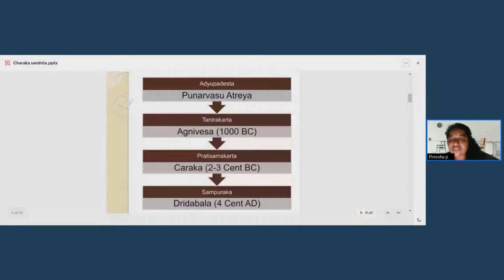Then Dashavida Pariksha according to Ayurveda. That is an important area where the questions can be asked. So one is a Karana. What is a Karana in the Dashavida Pariksha Bhava? It is a Vaidya. Vaidya is a Karana for the Pariksha. And what else is a Karana? It is the Aushadha. Without the Aushadha, the Vaidya cannot exist. So the Karana is the Vaidya and the Karana is the Aushadha.